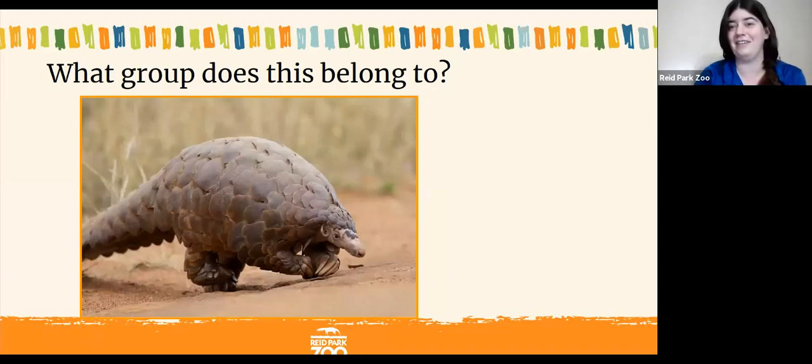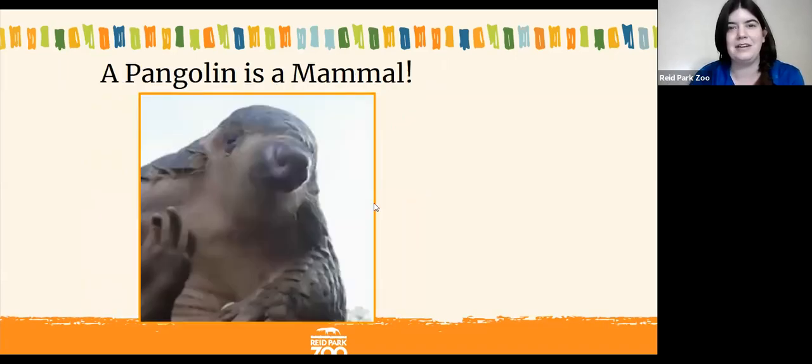Oh, nice. All right, we have mammals, we have invertebrates, reptiles. Right, so this animal is indeed a mammal, right? Those scales look a lot like reptile scales, but they're actually hairs that are fused together to form those scales. If you look at a pangolin really closely, you can actually see some hairs that are still there around their face, and they feed their babies with milk.